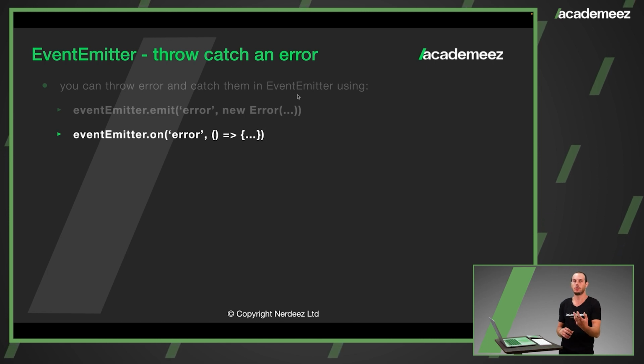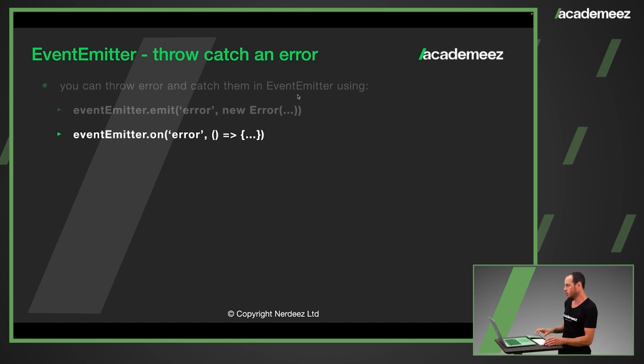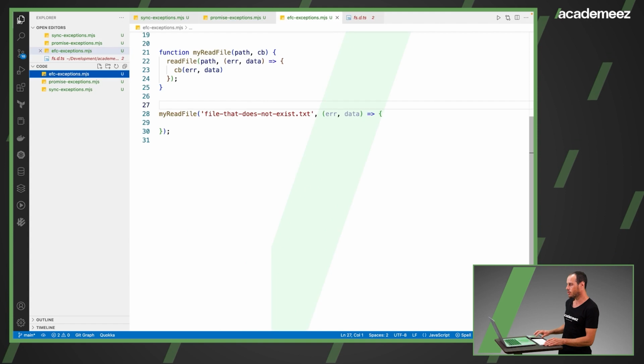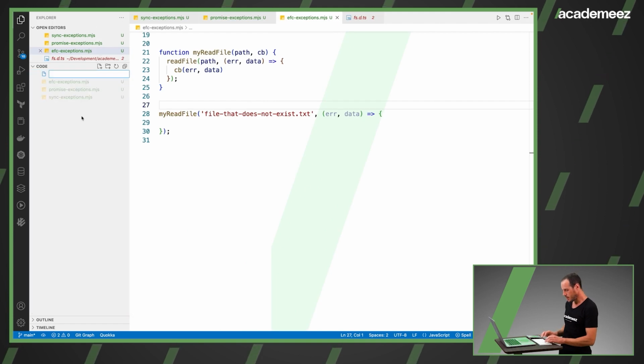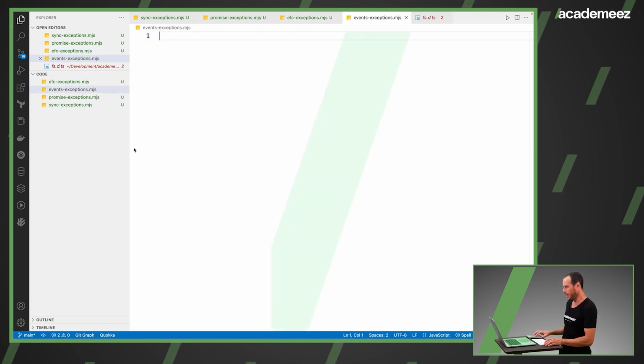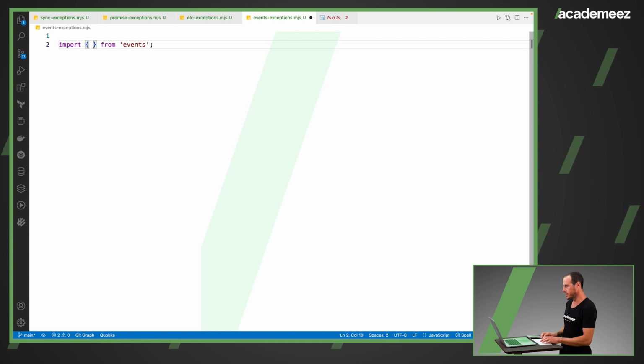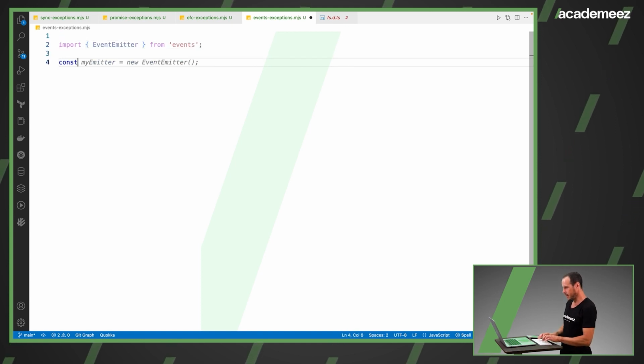And to catch an error, we're using EventEmitter on, and then we're placing the string error, and then the callback we want to deal with that error, showing how it looks in our code. So let's create a file called events exceptions.mjs. So I can use import from events. I can use it to import EventEmitter, and then I can create an instance of EventEmitter, for example, my emitter,